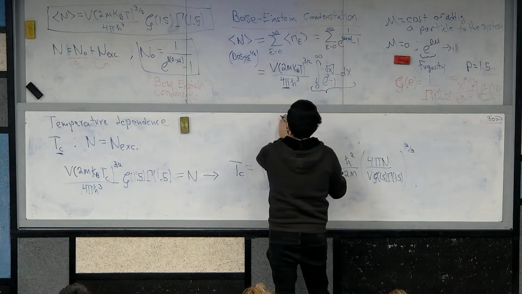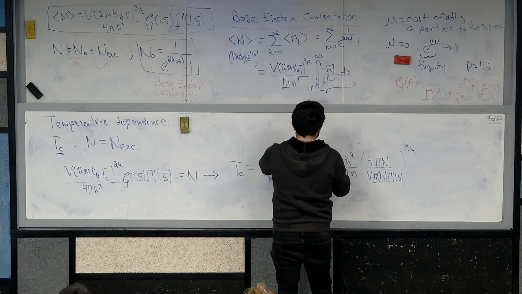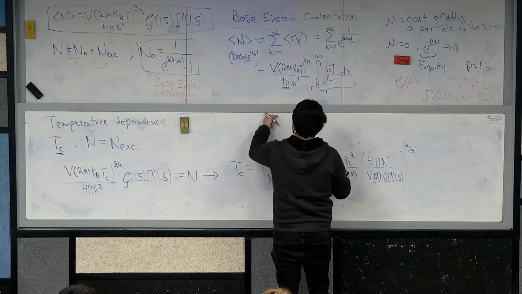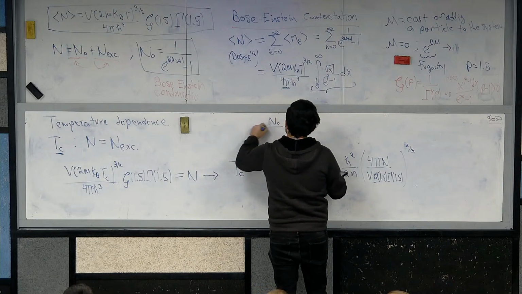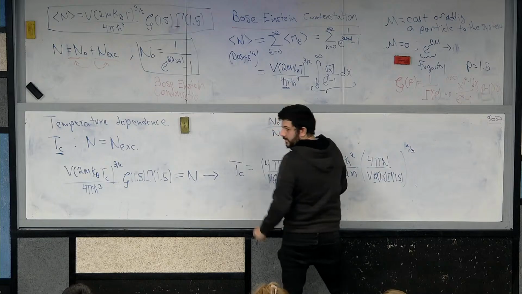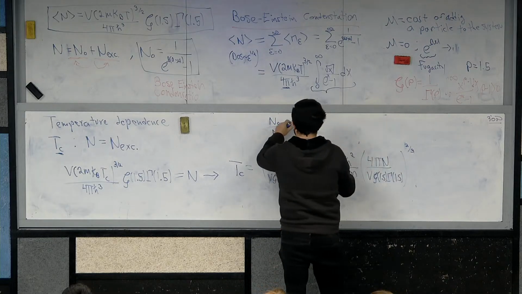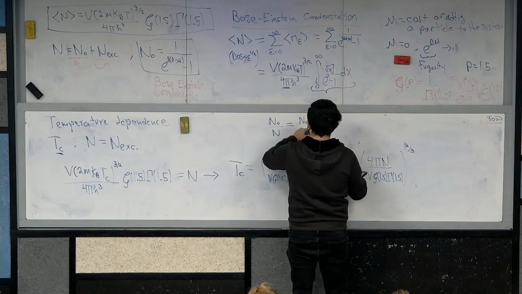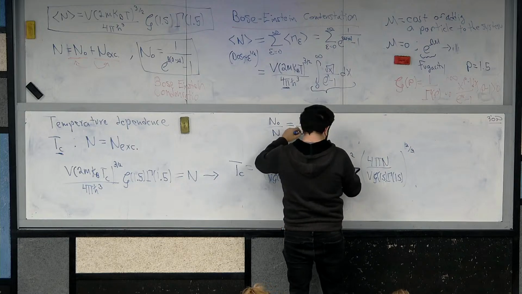To understand what's going on, let us compute the number of particles on the ground state, what fraction of particles are sitting on the ground state, right? This would be this number. Okay, so it would be just N naught over